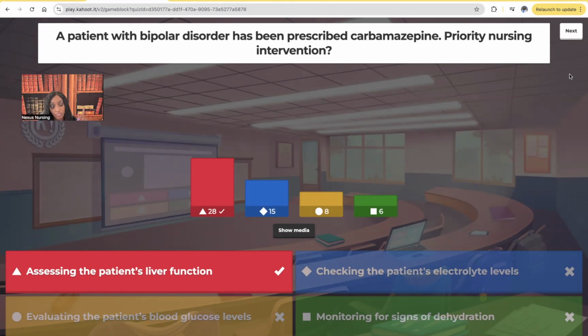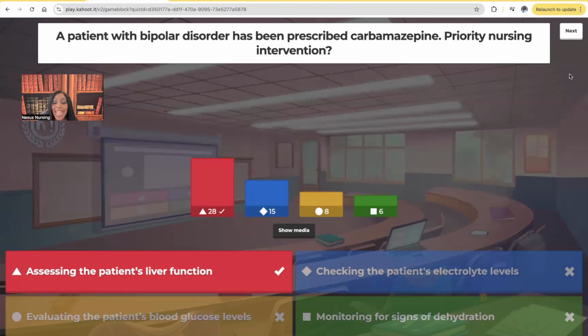And by the way, let's say you get a question about a drug and you have no idea what the answer is. You're going to take an educated guess. If it's about an adverse effect or something the nurse is going to be concerned about, and you see the choice of assessing the liver or kidney function, choose that. But I'm only saying this if you don't know the answer and you have to guess anyway. That's the only time I want you to do that. Go ahead and choose the kidneys and liver.